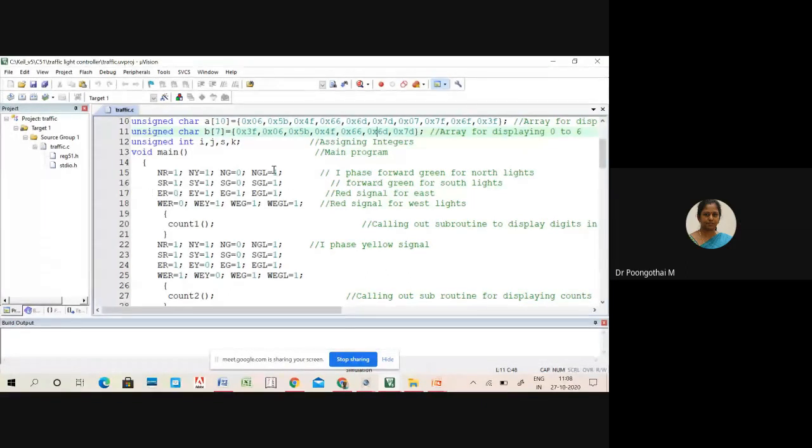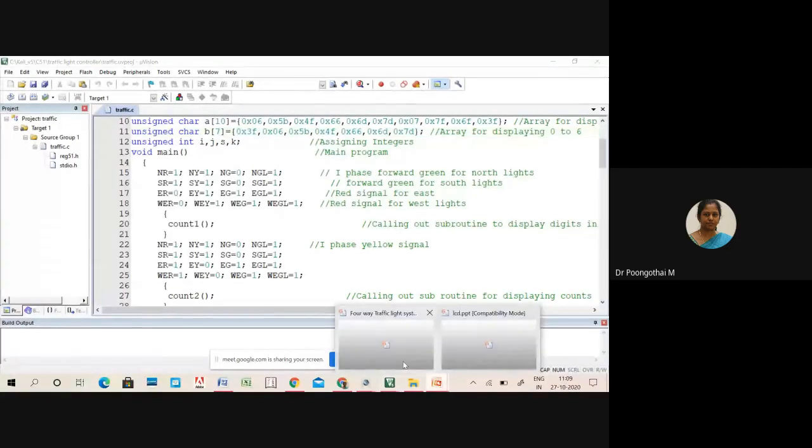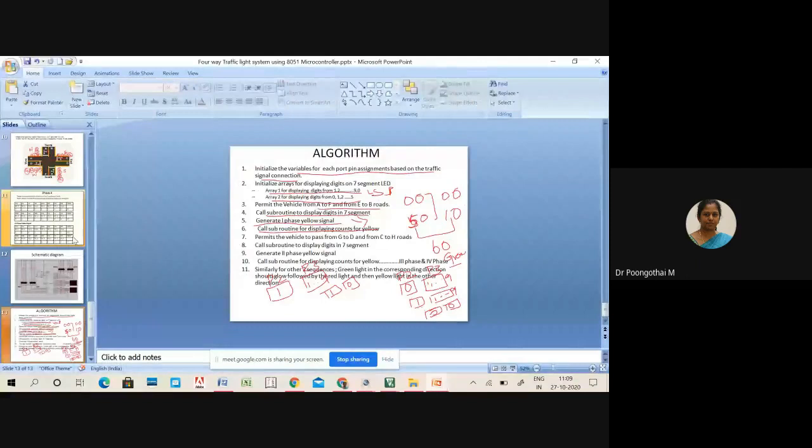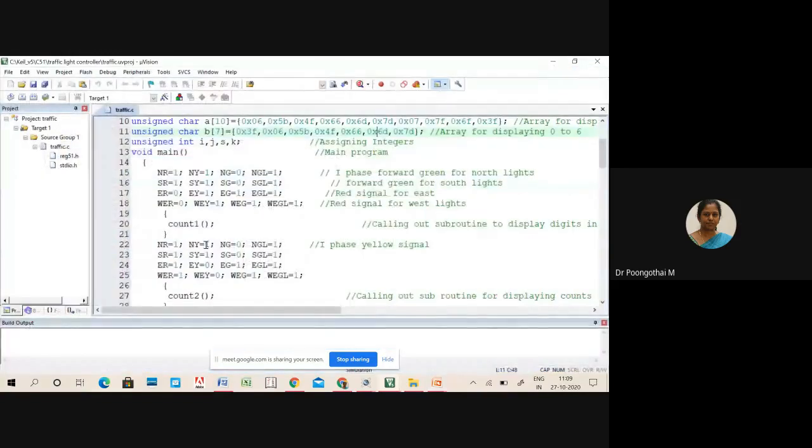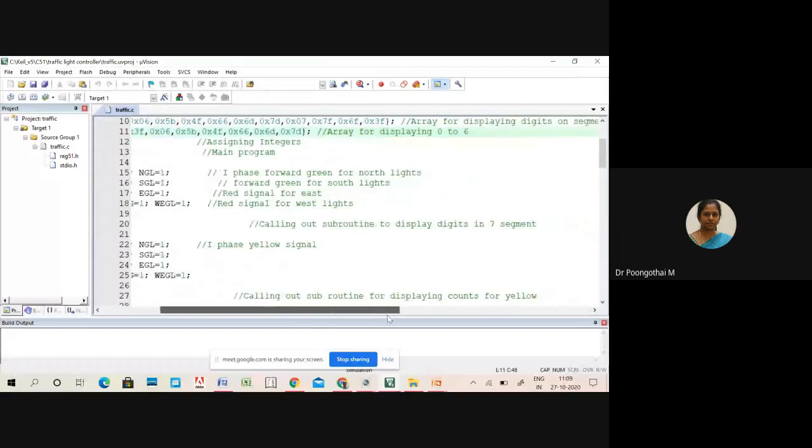So you have to assign the values based on your phase. For the first phase, the value is BBEE. Here I have defined individual bits. Next, I am calling the subroutine to display the digits in the 7-segment.